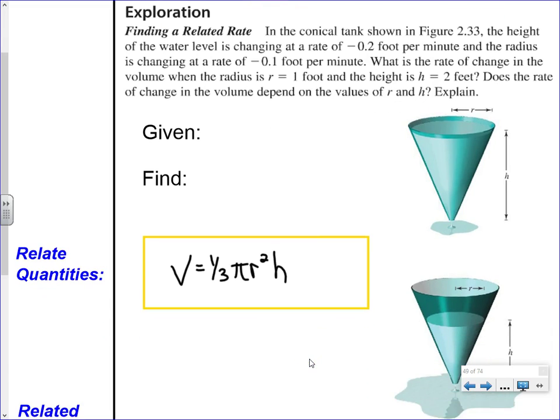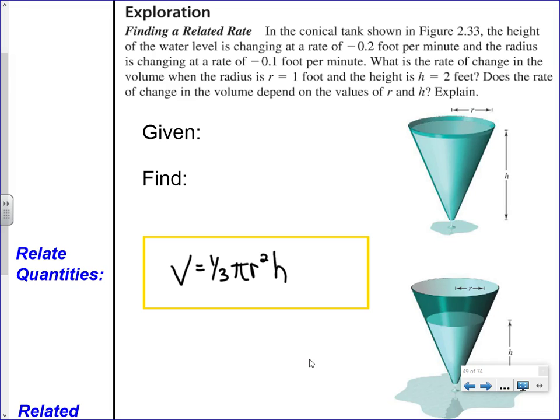So, here's an actual problem. Okay? The actual problem says, we have a conical tank. But in this one, the water's not coming in. Can you tell? What's the water doing? It's going out. What do they tell us? The height is changing at a rate of negative 0.2 feet per minute, and the radius is changing at a rate of negative 0.1 feet